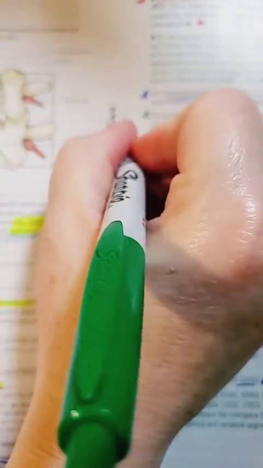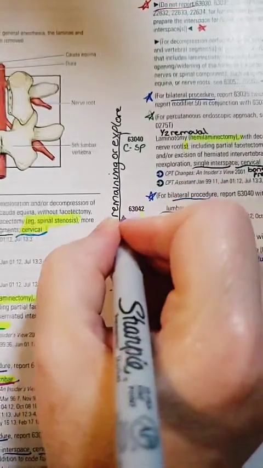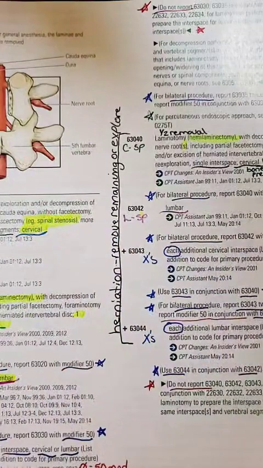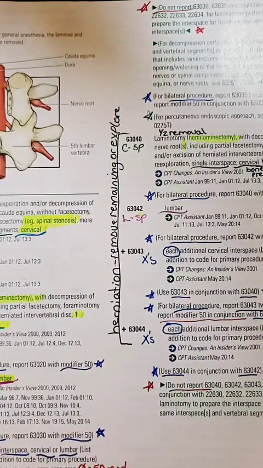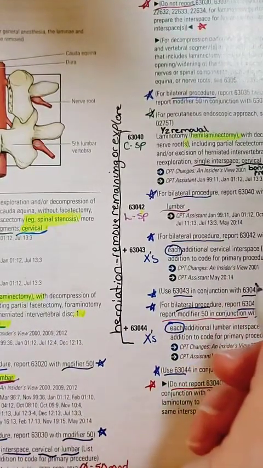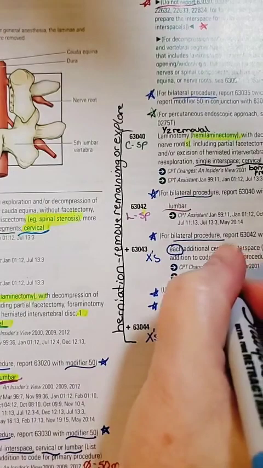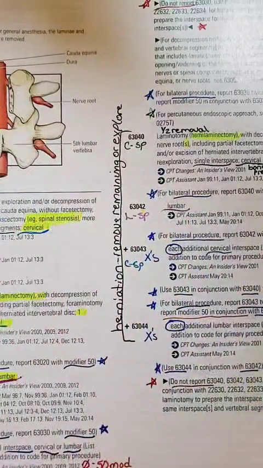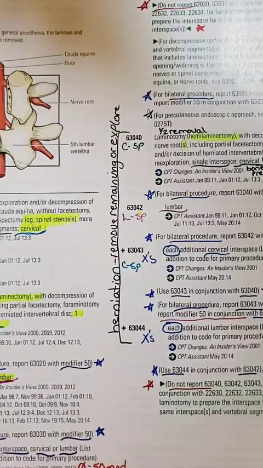So C-spine, lumbar, L-spine, for each additional is just cervical. C-spine, and then